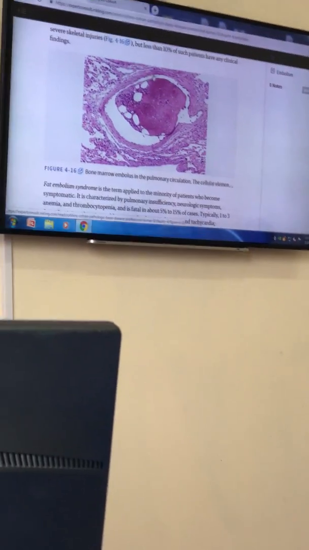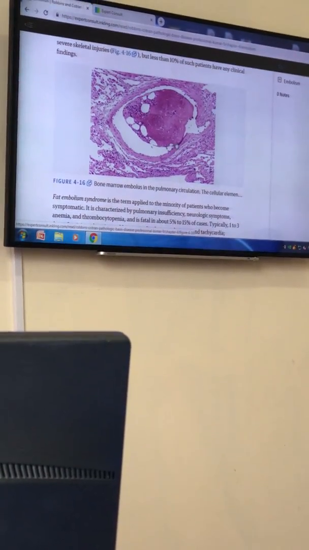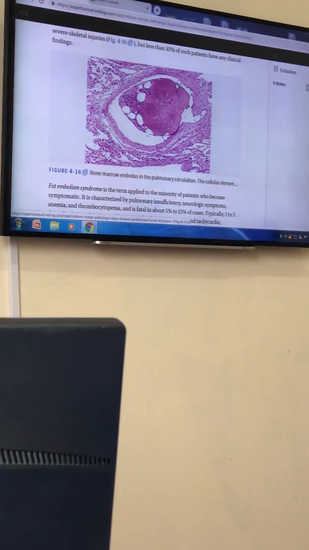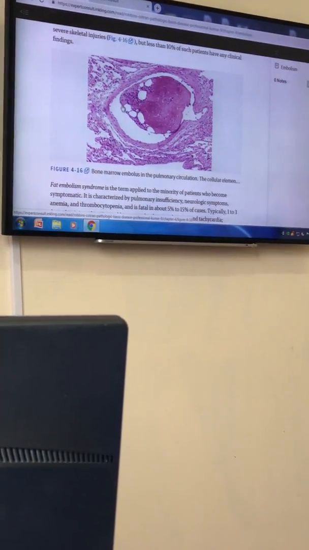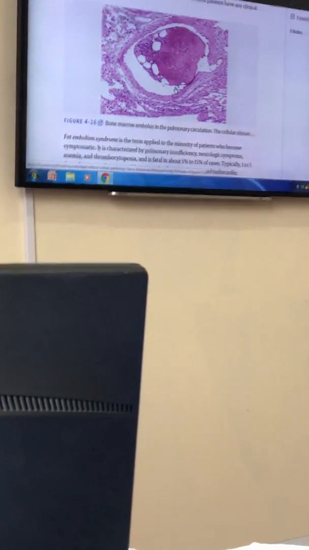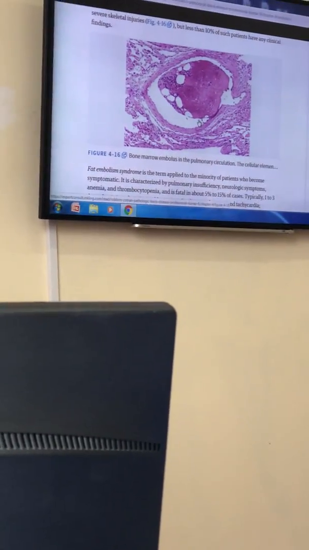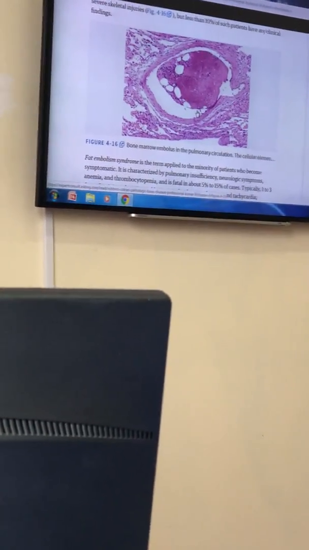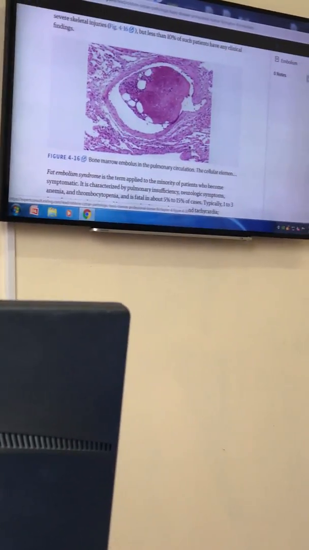So this particle has come from bone marrow. So the patient has had bone fractures, especially in long bones such as a femoral fracture, and this is the result,